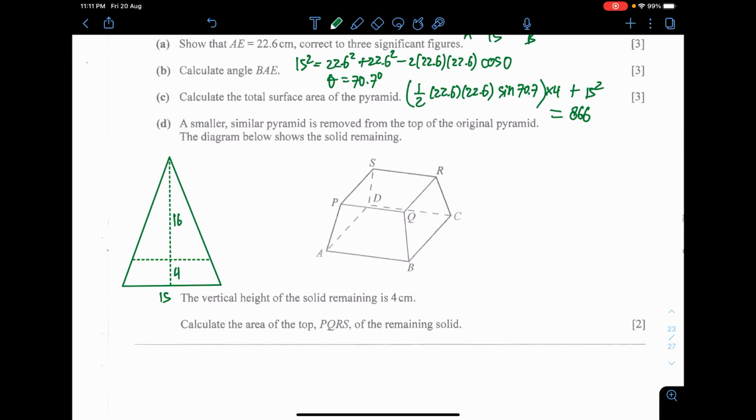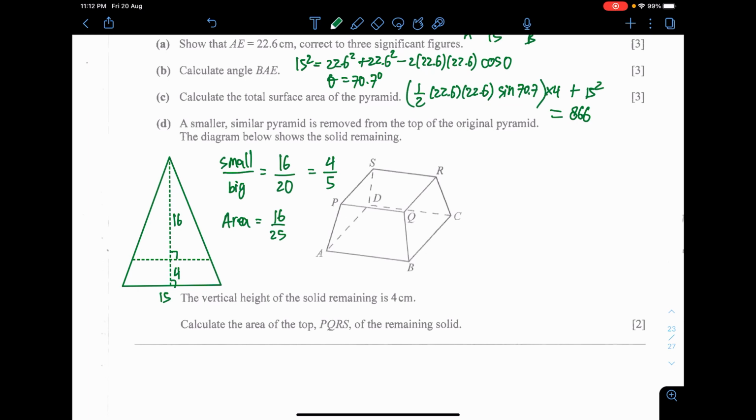Now you see here, you need to actually tell them that we actually have a similar triangle. The ratio of the two similar triangles, the small triangle with a height of 16 and the big triangle with a height of 20, will be 4 over 5. That's the ratio of the triangle. Now I want to find the ratio of the volume. Oh wait, the area, they want the area. The area will be 4 square over 5 square. To find the ratio of the area, you square them: 16 to 25.